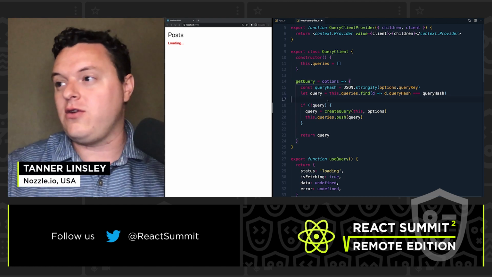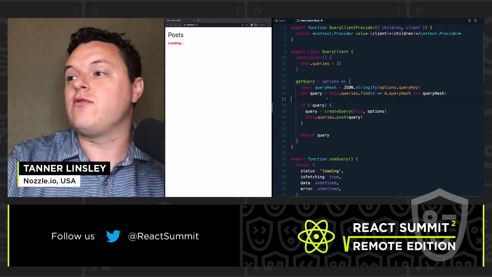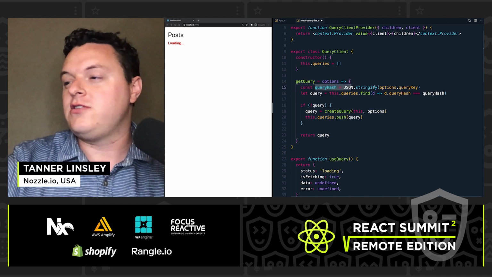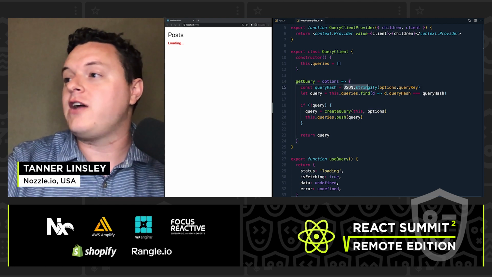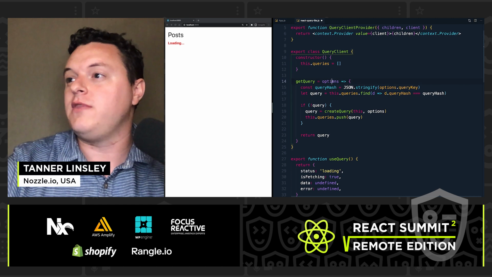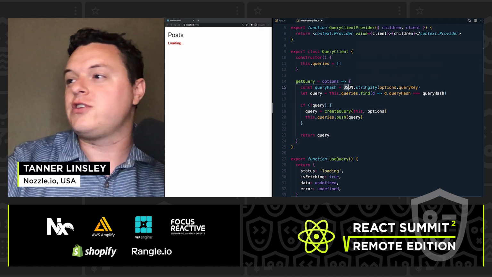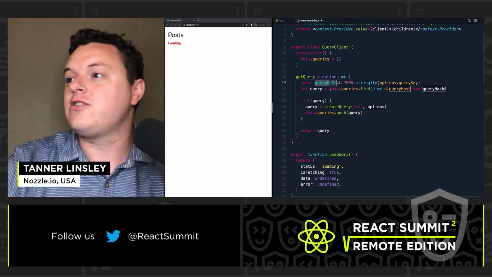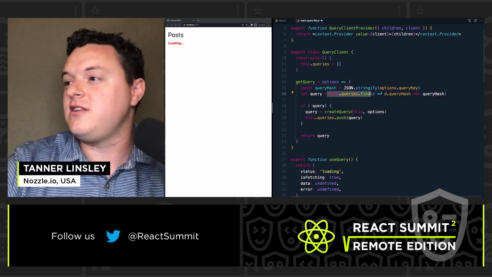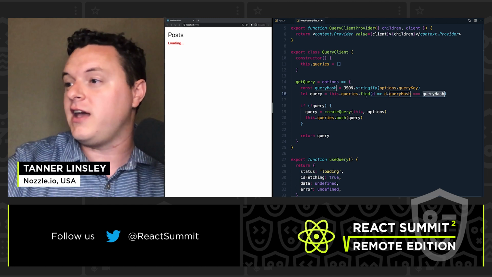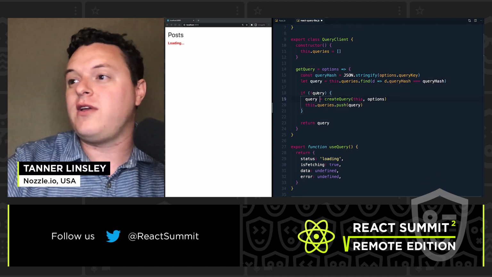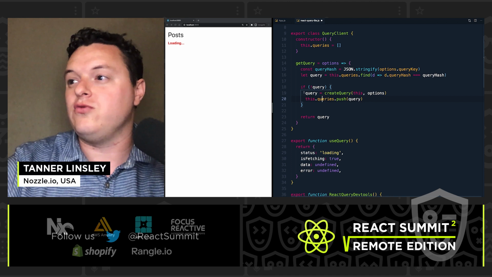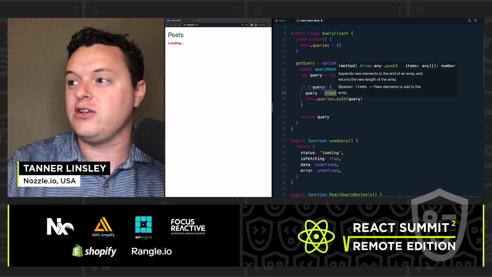So it's either creating or getting whatever we ask it to build for us. To do that, we're going to hash the query key that we're getting from the options up here, and we're just going to use JSON.stringify to do that to get a query hash. Once we have that hash, we can try and find an existing query just by looping over them and comparing the hashes. If we don't have a query already in here, we're going to run our create query function with